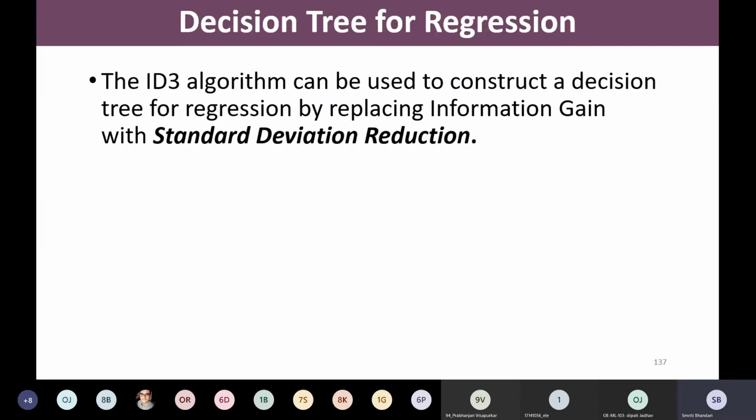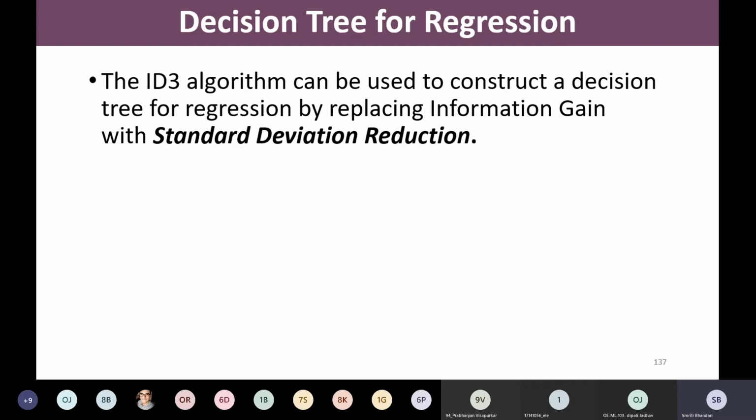In the last session, we have gone through the ID3 algorithm and we have seen how to build the decision tree following 3 steps in the ID3 algorithm. So in the last session, we have seen the ID3 algorithm to build the decision tree for classification. And we have used some statistical parameters. Those are entropy, information, and information gain to come up with the decision tree.